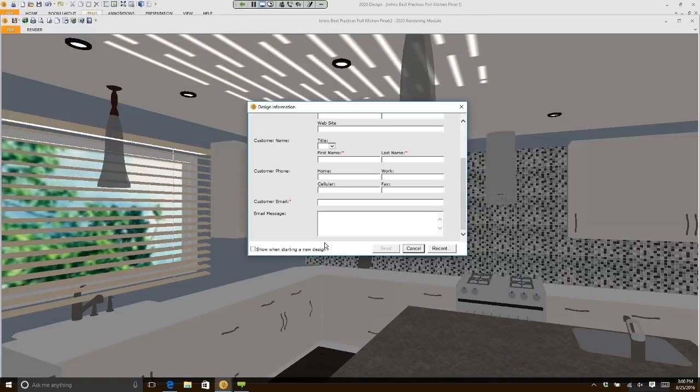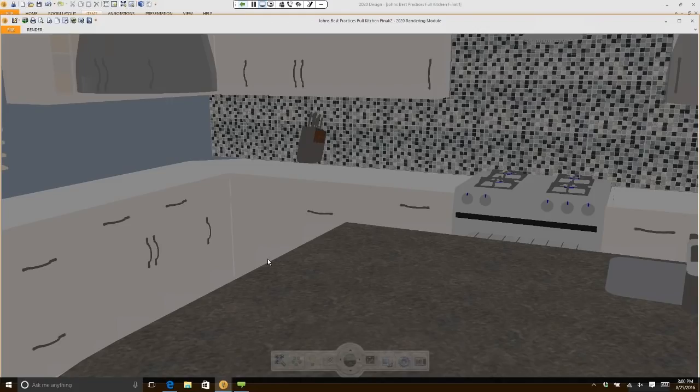So I'm going to backtrack just for a second. How do we make you experts at this? All you have to do is click on the button. You don't have to know how it builds 360s. You don't have to know anything about virtual reality. All you need to know is to click on this button right here and then answer the questions and put the email address in. Once it's done,